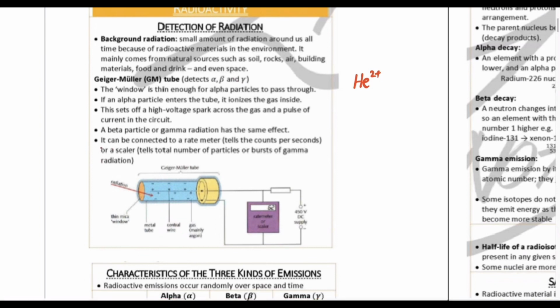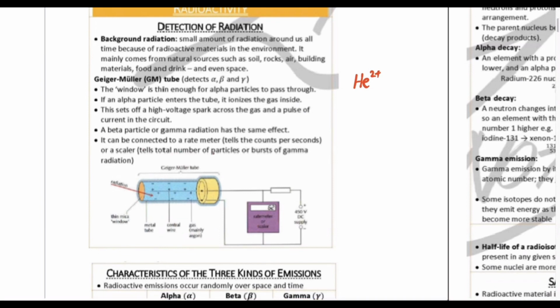It can be connected to a rate meter. This is the rate meter, and you can see the reading here, 62. 62 means 62 counts per second. Imagine one spark is taken as one pulse, one count. In 1 second there are 62 sparks, and because of that there are 62 counts in 1 second. You can connect it to a rate meter or a scaler,